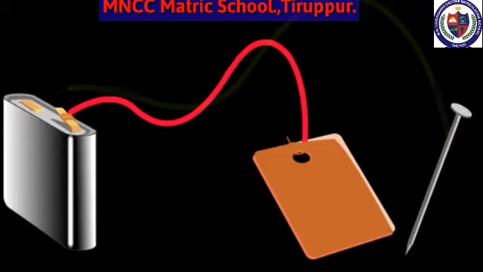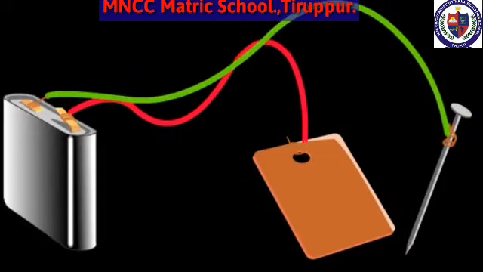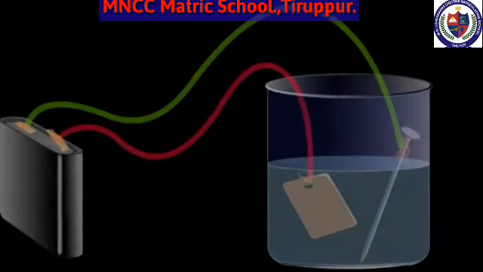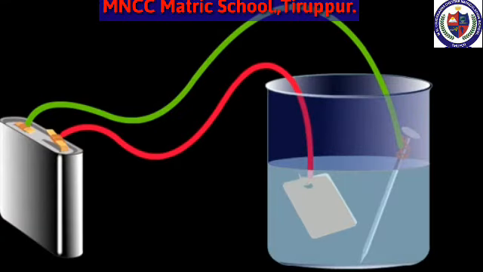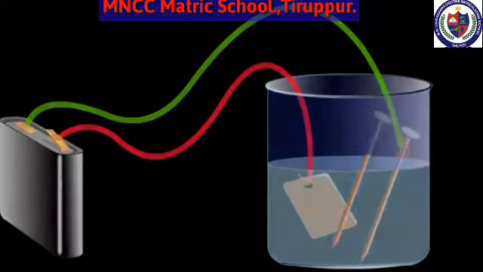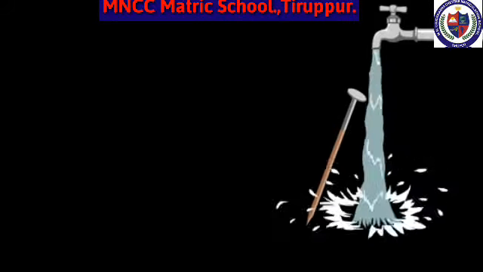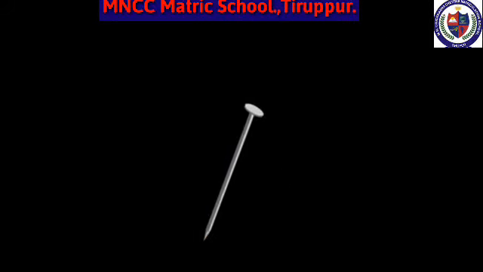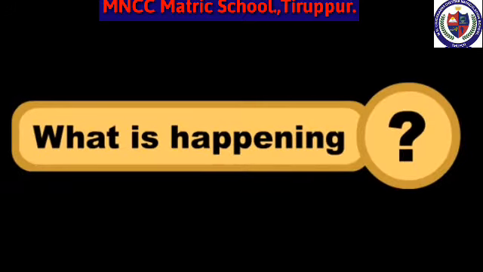Take a brass nail and connect it to the negative terminal of the battery, the cathode, with the copper wire. Put both the items in the copper sulfate solution in the jar. After a few minutes, you will see that a fine layer of copper gets deposited on the nail. When the key is copper plated completely, remove it and wash it with water.